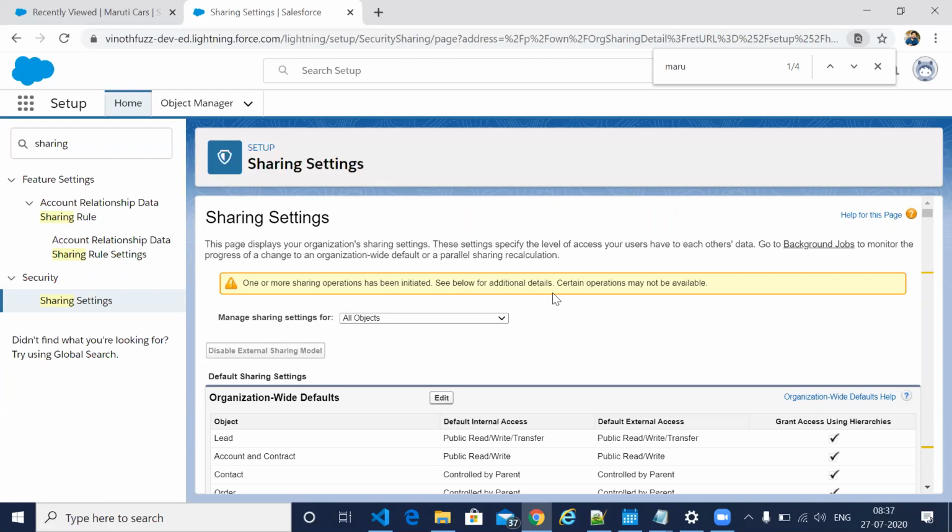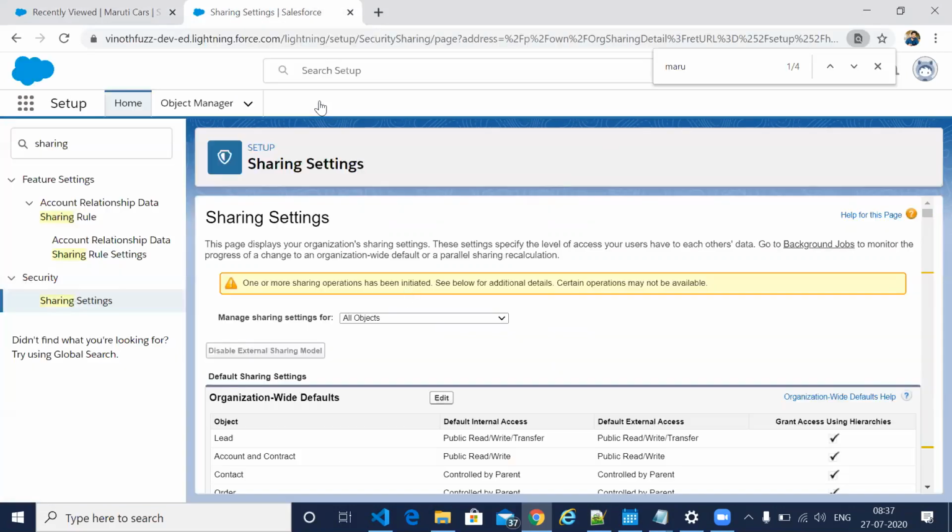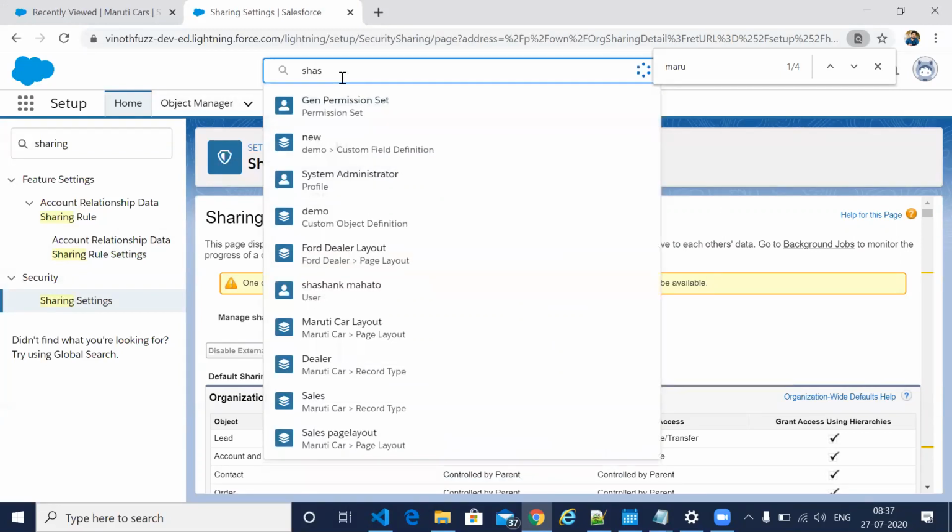But now you suddenly changed it, so it has to change for all the records. Okay, so now I changed it for the Maruti car. Let me try to log in as Shashank.